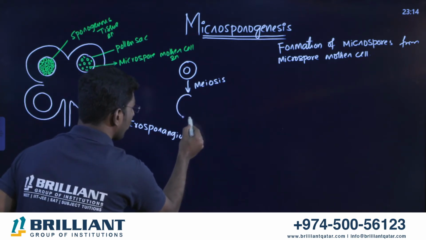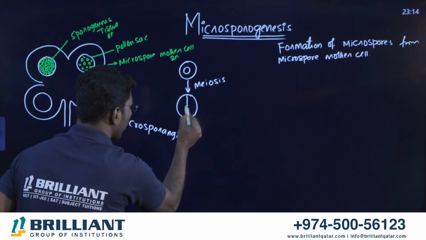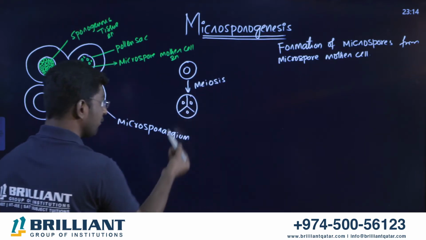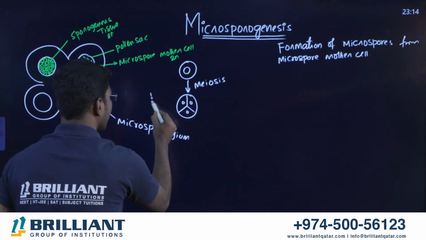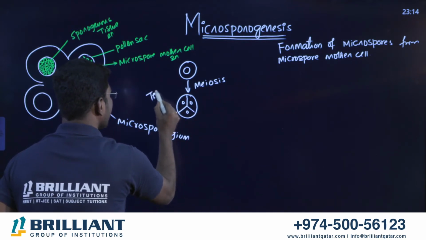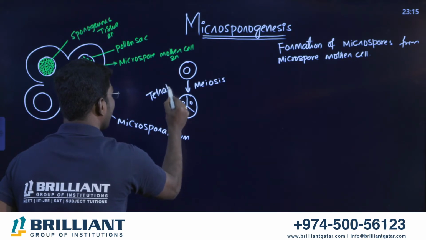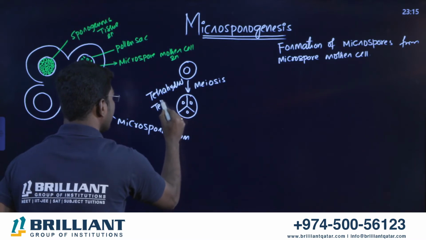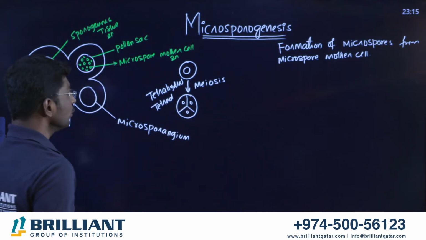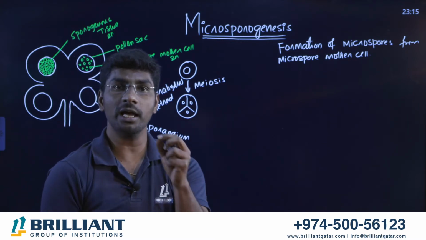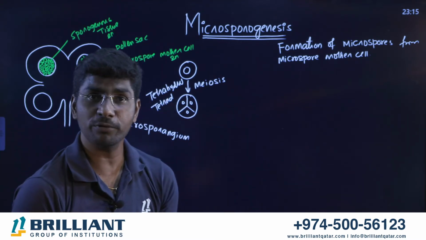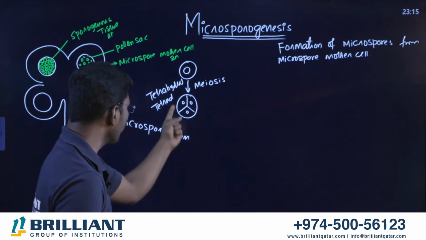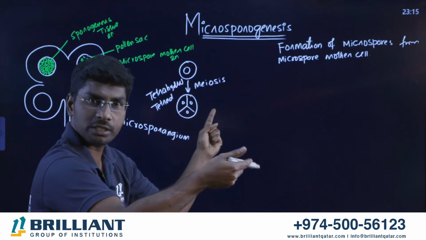So what is the tetrad here? Look at here. This is the normal, common type of tetrad. This tetrad is known as 1, 2, 3, and at the backside the 4th cell is there. Such a type of tetrad is known as tetrahedral. Tetrahedral tetrad, keep in your mind. So after meiosis division in microspore mother cells, what has formed? Tetrad. That means how many haploid cells are there? 4 cells are there. 1, 2, 3, and at the backside is the 4th cell.